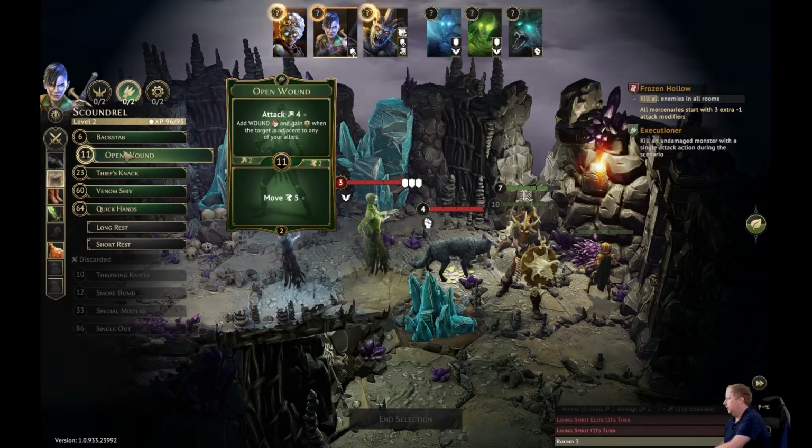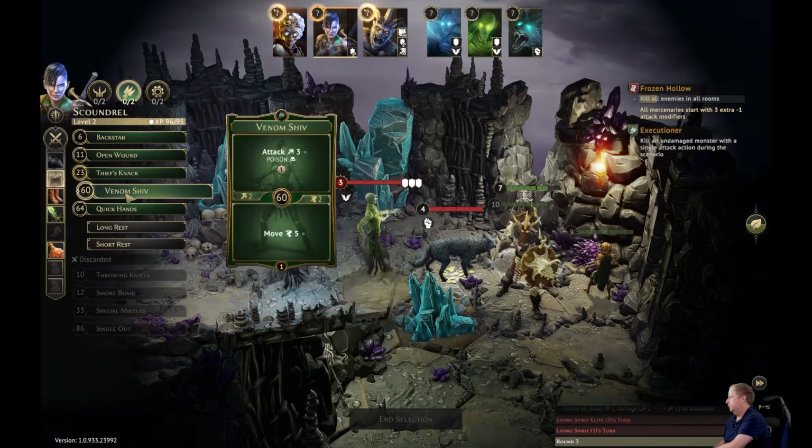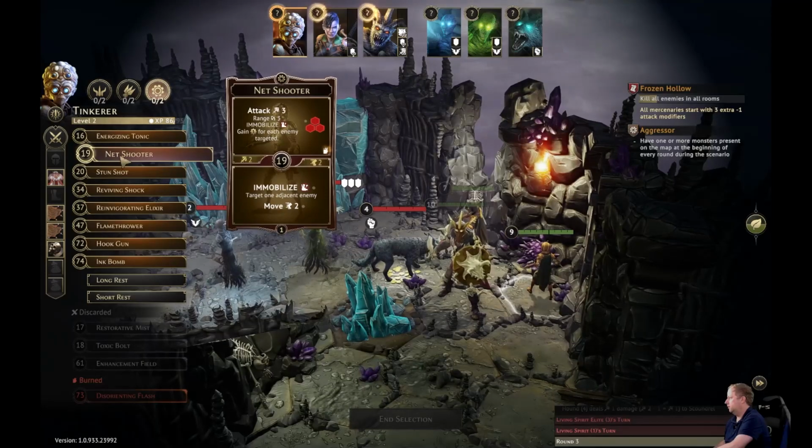Let's come up with a new brilliant plan. Open wound. I really should use this on one of the guys that's shielded to get a wound on them so they eventually kill themselves. I can attack 3 on the bottom. Attack 3 poison. I'd have to draw really, really well to kill the wolf in 1 shot. Do I have any more ranged attacks that are...